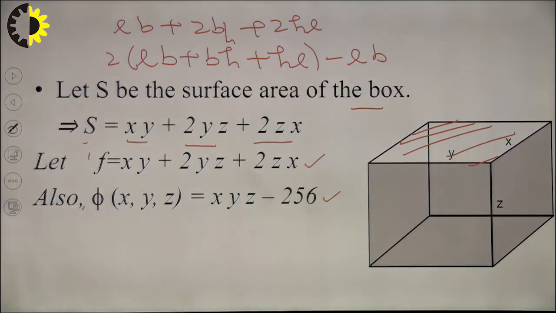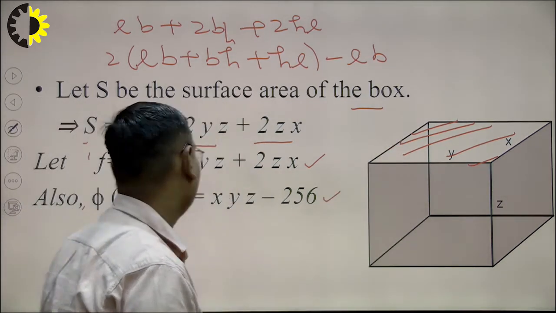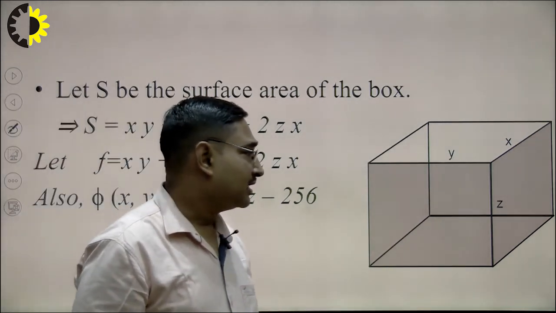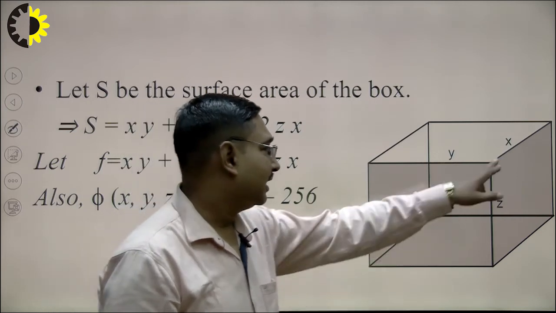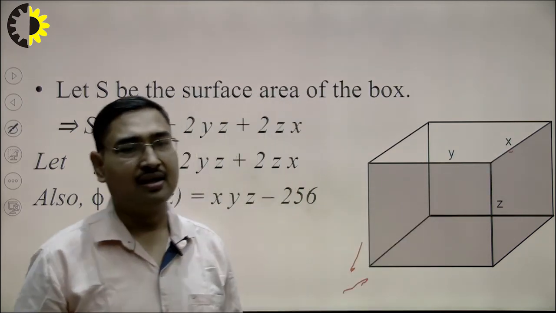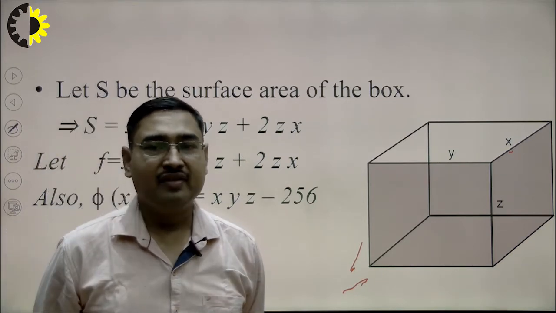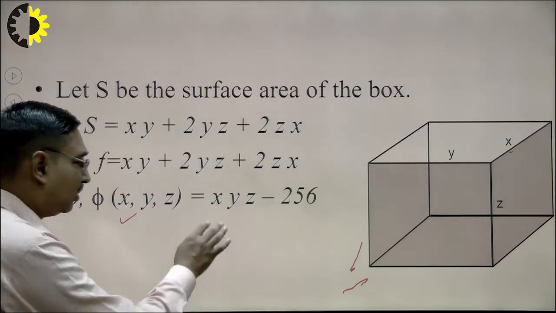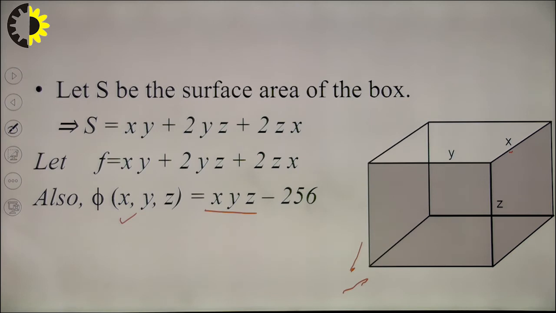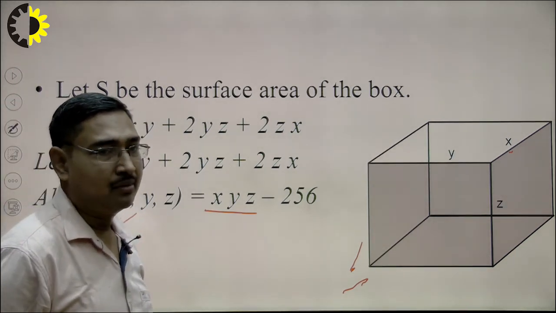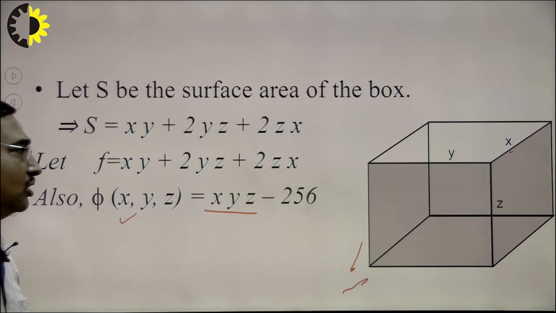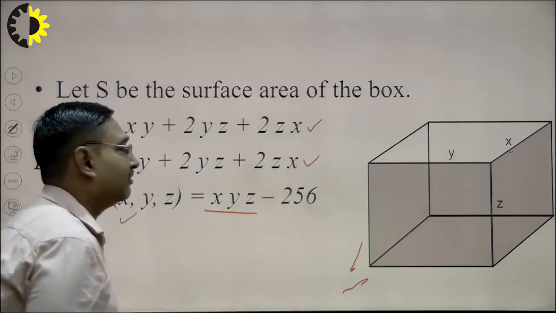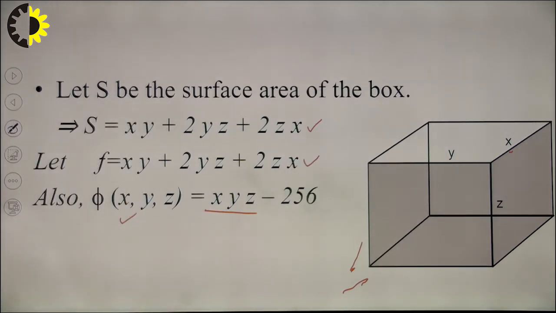What is done till here? We were to construct an open box whose capacity is given and surface area is to be minimum. I assumed the dimensions for the box to be x, y and z because capacity was given. So, the quantity which is to be constant, fixed or given will be phi x, y, z, and the volume xyz was used to construct phi. The surface area was to be minimum. Therefore, I calculated the surface area of the box, and the surface area came out to be this much, and this quantity was taken as f. Now, f and phi are calculated.